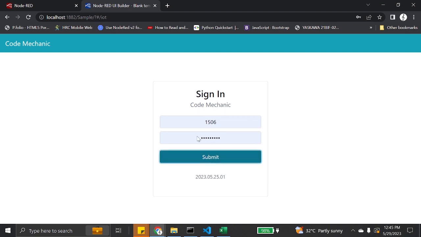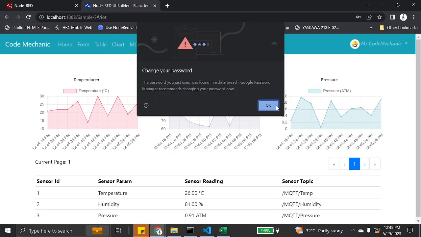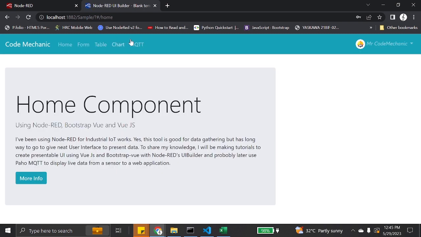Good day, everyone. In this video, I will continue the token-based authentication, which acts like a session in Node-RED and